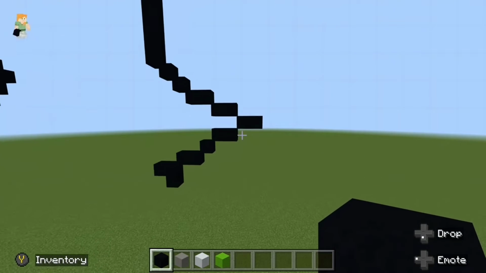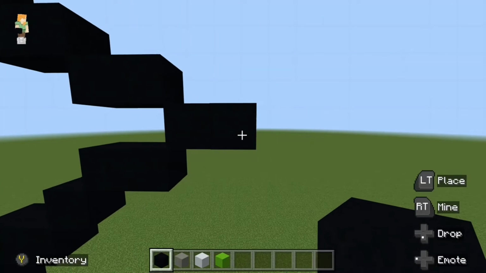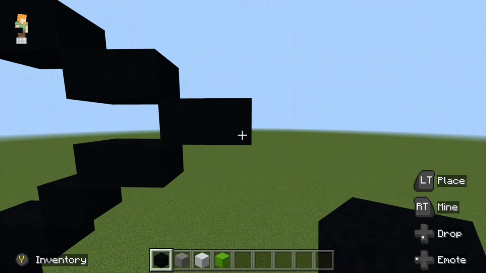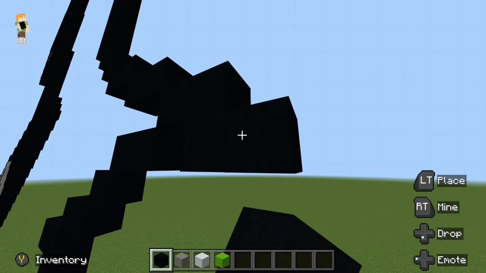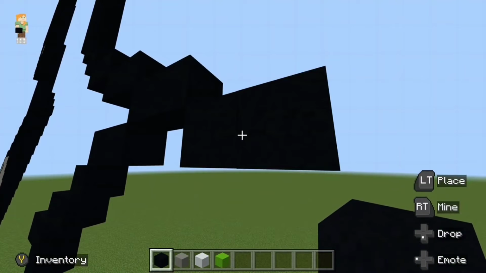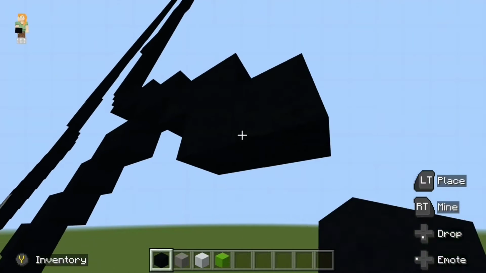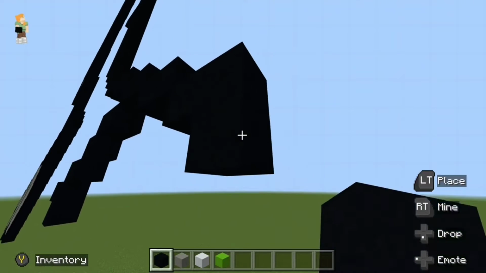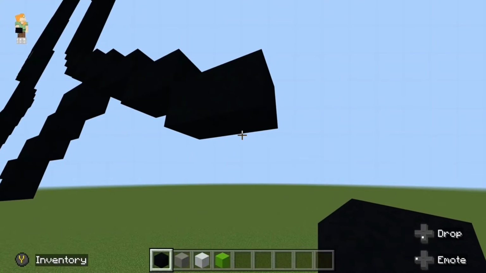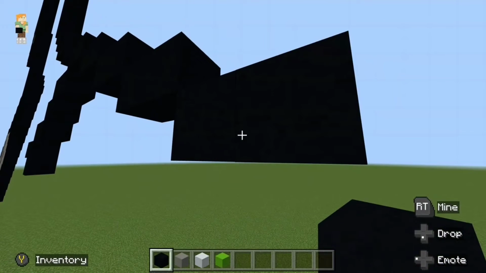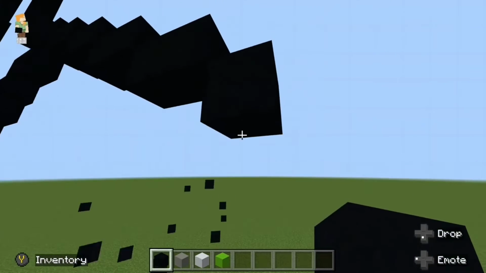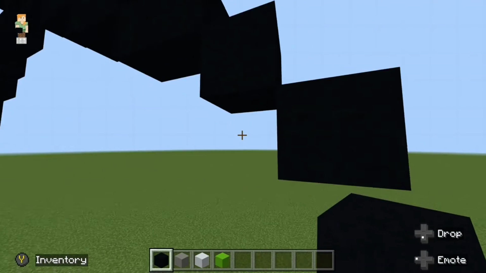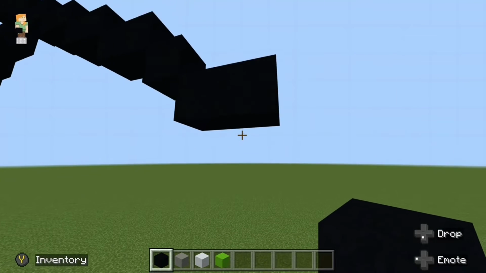And then come up to this block here, these 2 here, and then on the end here, before you went down left, you need to go on this side, down right diagonal. And then 1 across to the right. And then a down right diagonal and 1 to the right, a down right diagonal and 1 to the right, and a down right diagonal and one to the right. And then down right diagonal twice, so 1, 2, and then one to the right, and then a down right diagonal,